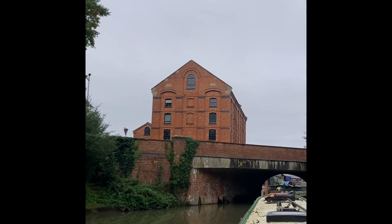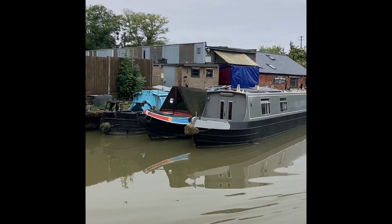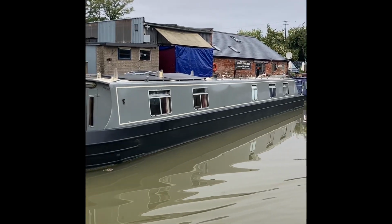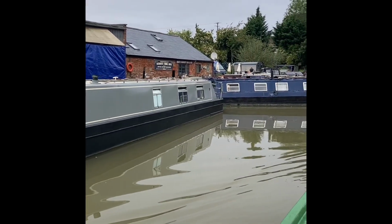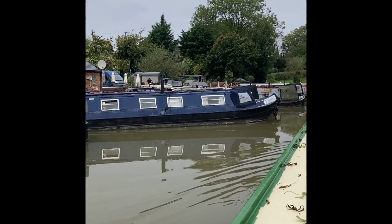As I say, it's certainly a different view on the boat, I must admit. As I say, I'm loving every minute of it. There's a marina spot at Blisworth here. We are just passing a load of boats here as well, and it's quite narrow here. We are sort of passing the avenue as well. There's still some people on